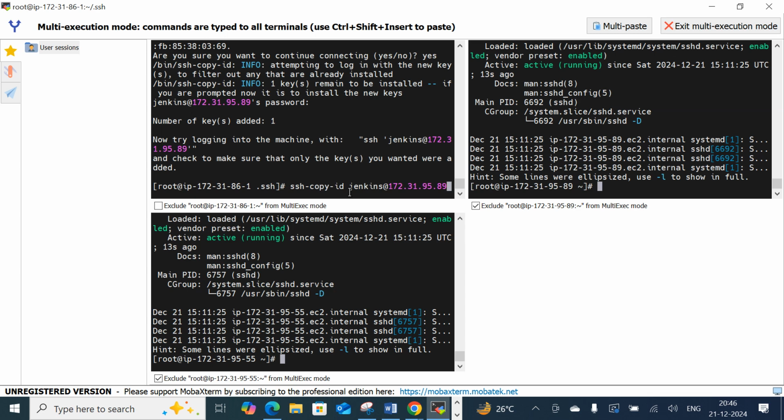If I want to connect to the machine, how will I be able to do that? Simply type ssh space Jenkins, because with the help of the Jenkins username only, I am going to connect. The connection which has been established between the client and the server, meaning master and the client, is an SSH connection only. So for that reason, I am going to connect with the help of ssh jenkins at the rate